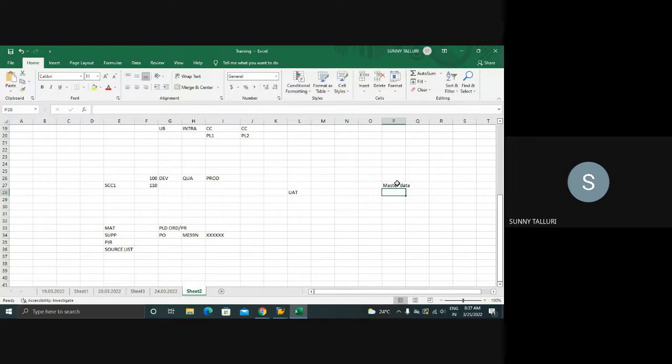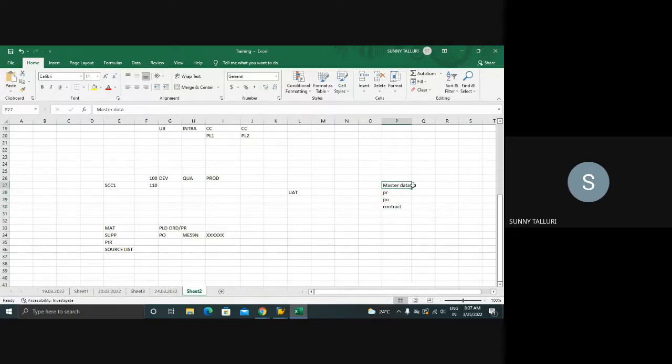If you have created any transactional data such as PR, PO, contract, what SAP suggests, the SAP standard thumb rule, is that whatever data is there at the master data level will flow into this transactional data. Transactional data is nothing but PR, PO, contract, settlement, everything. But you can't expect the system